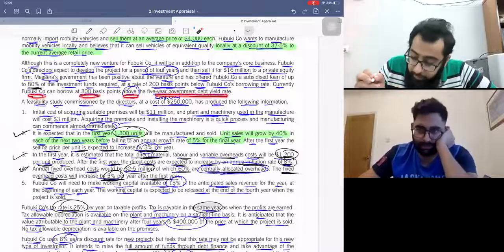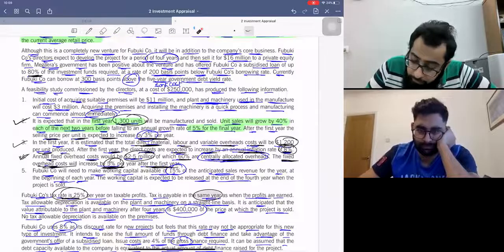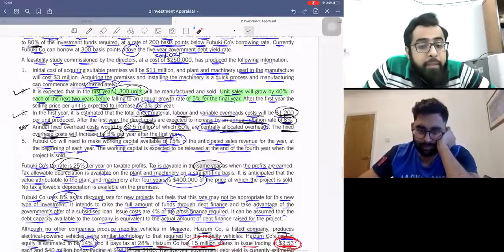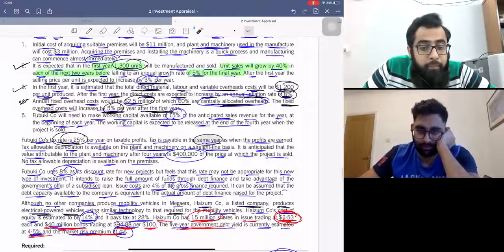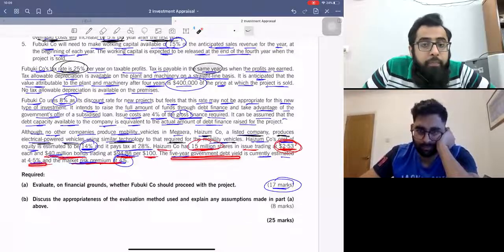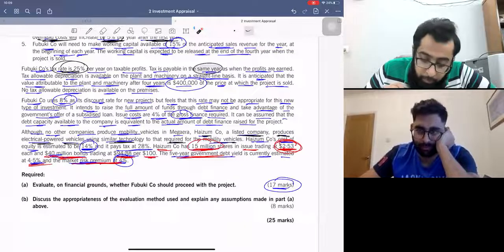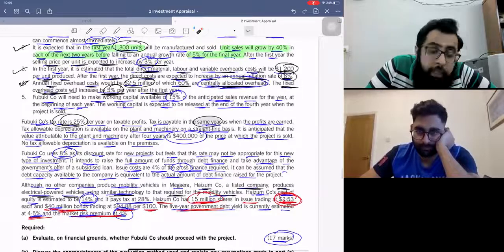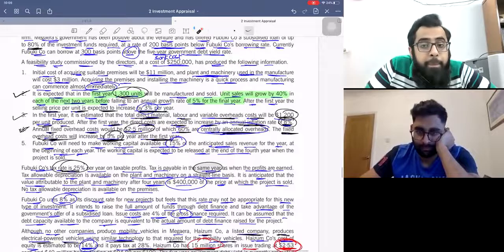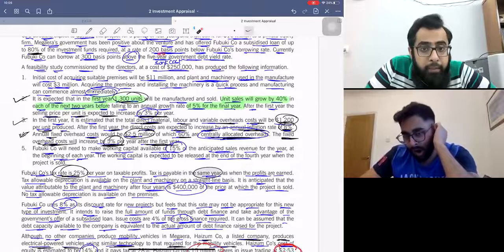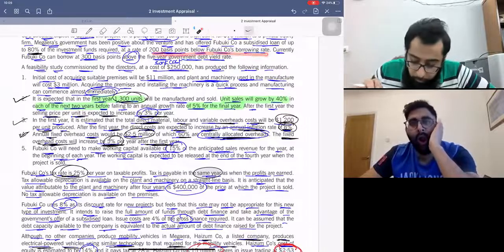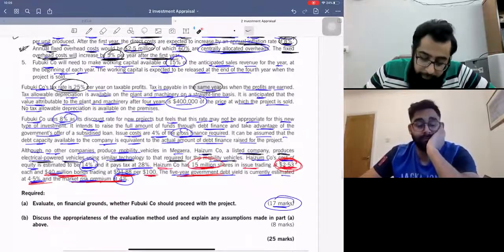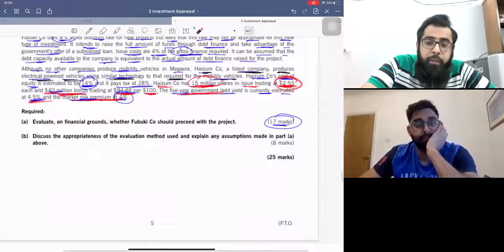The 5-year government debt yield rate is 4.5%. So 7.5. And the government is offering me 200 basis points below Puviki company's borrowing rate. So for my 20% portion,